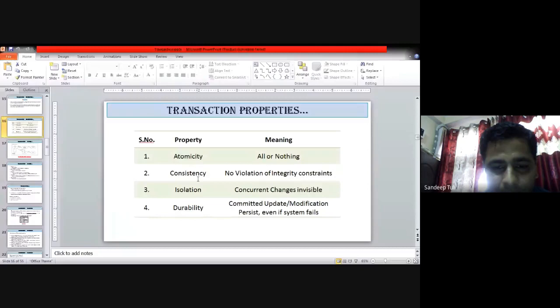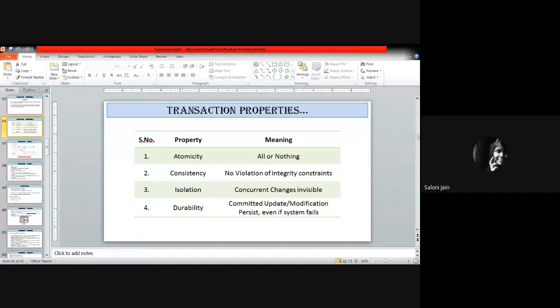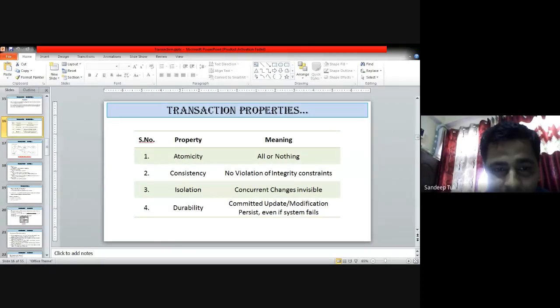Someone can explain what atomicity is, in simple words. The PPT is visible to you, you can read and explain it. Atomicity means... Sir, about abort and commit. Yes, abort and commit are the two operations that could be there in atomicity. In short, we can say that it follows the all or nothing rule.